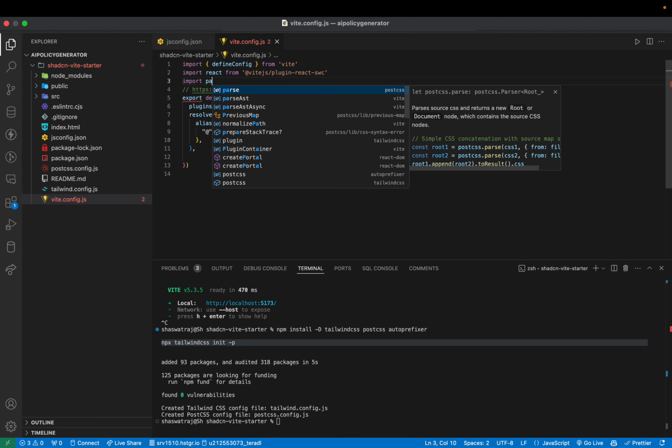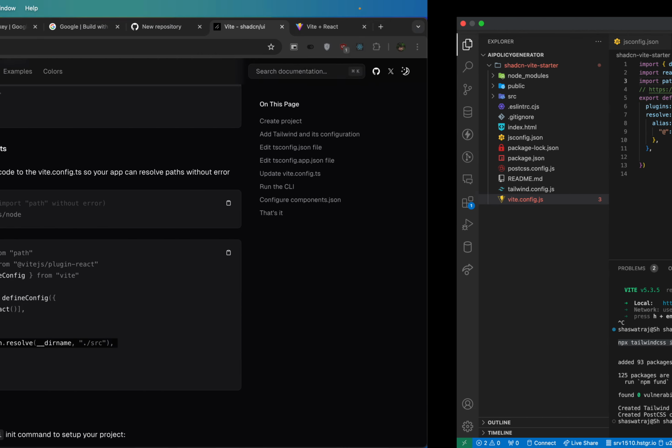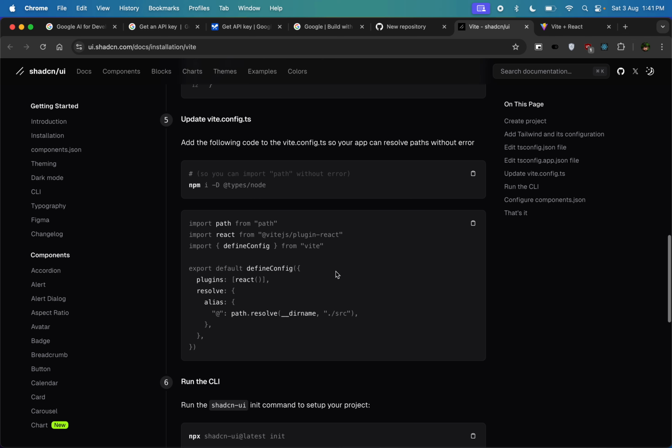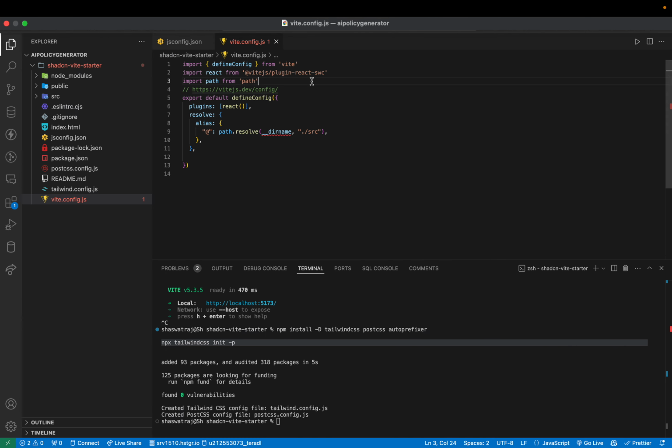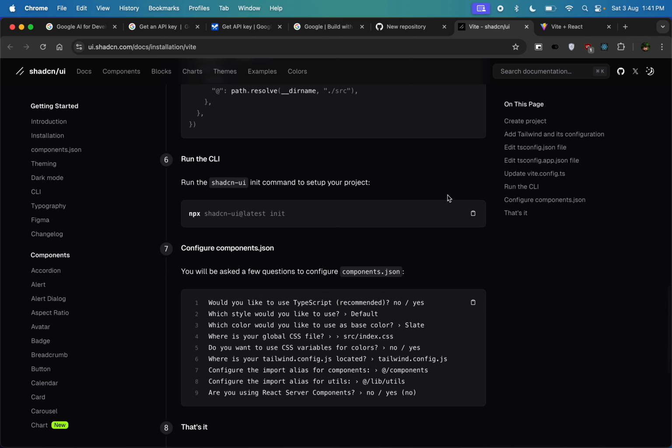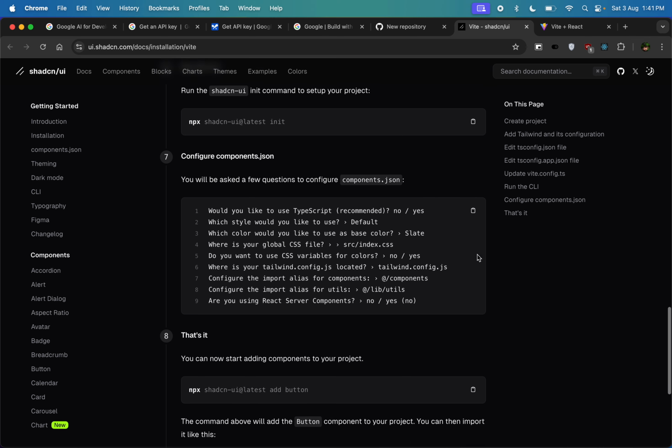Import path from path. Okay, just like here, it is done now. Vite plugin React, all things are good. Okay, now we just have to initialize it,